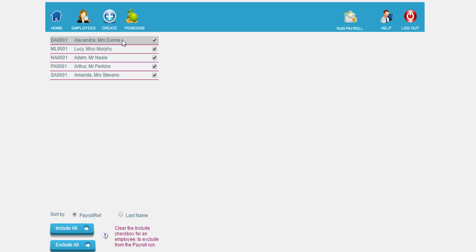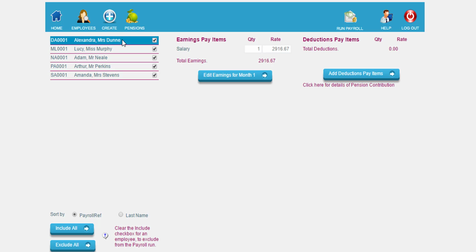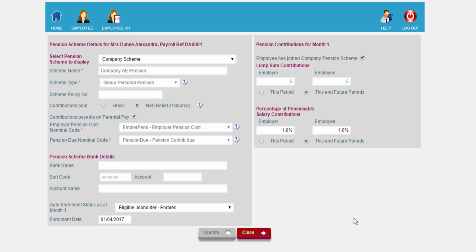Highlight one of the employees that has been auto-enrolled. You will see that just under the deductions pay items there is a new link that says click here for pensions details. Click on this link. You can see the pension scheme has been activated on the employee. The default contributions that you set up earlier appear here, but you can customise them for each employee in this screen. For instance, if this employee chose to increase their contributions, you could change their percentage to 4% and update